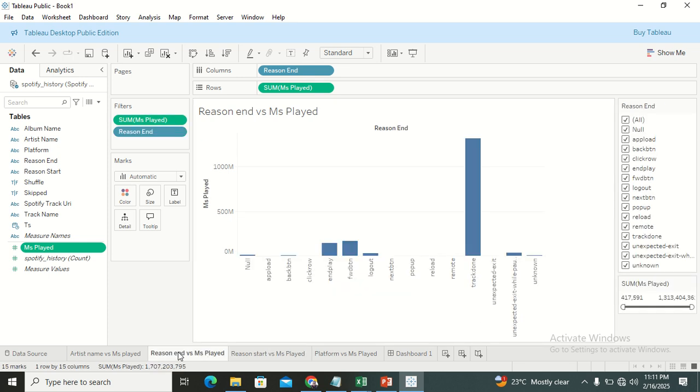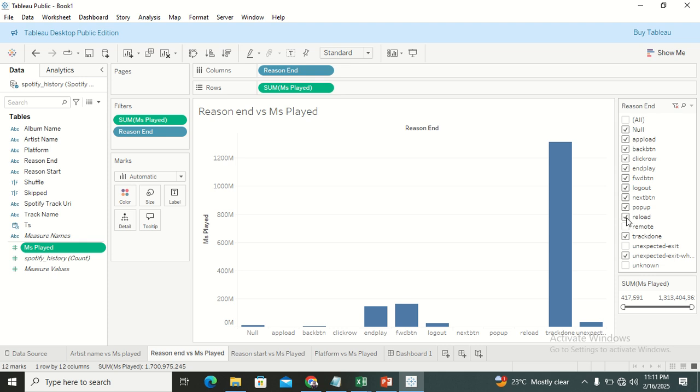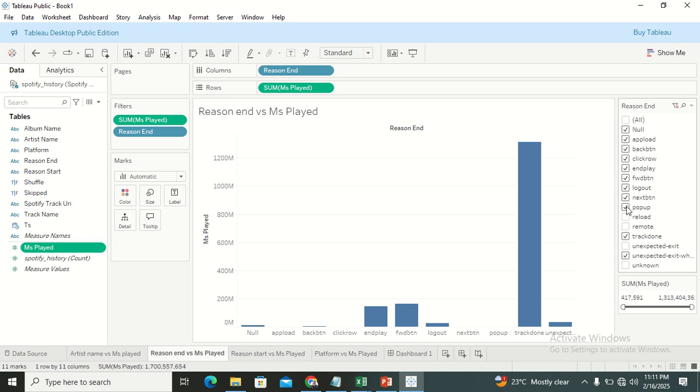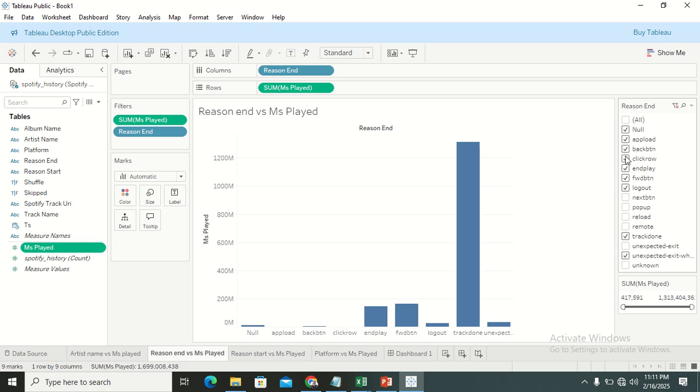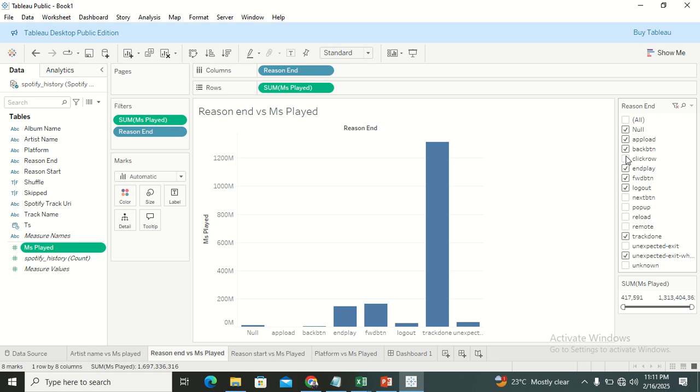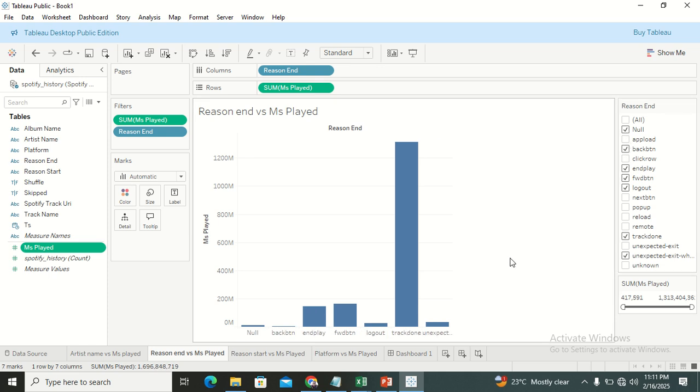Then I also go here, I remove unknown, I remove unexpected exit, I remove remote, I remove reload, I remove pop-up, I remove next button, I remove click row, I remove upload. Okay,